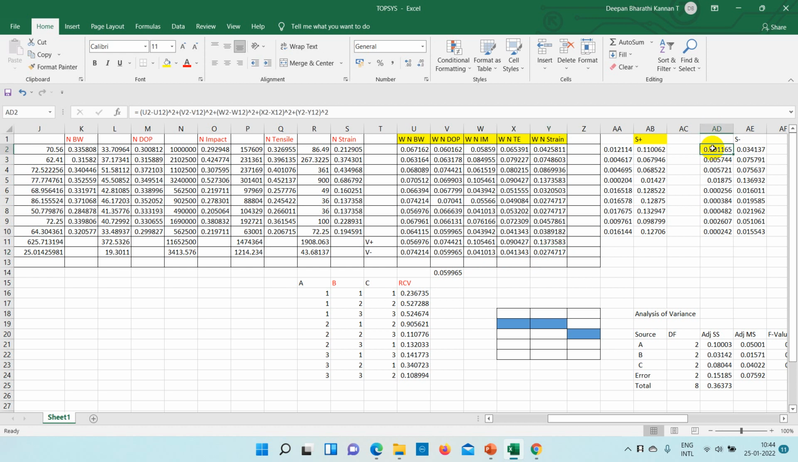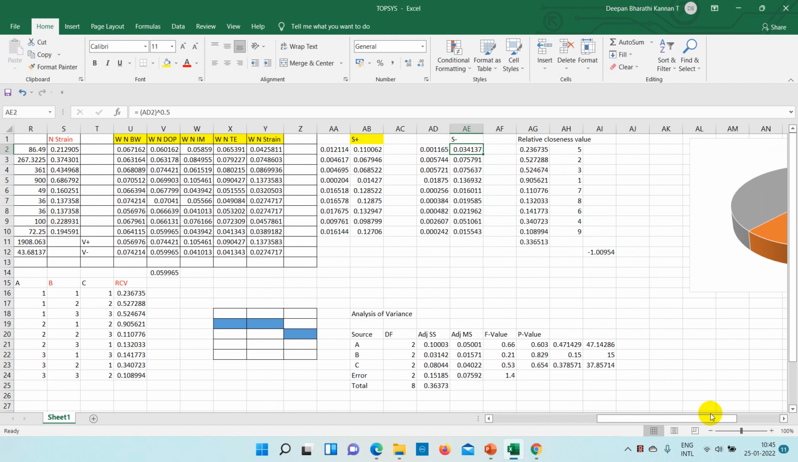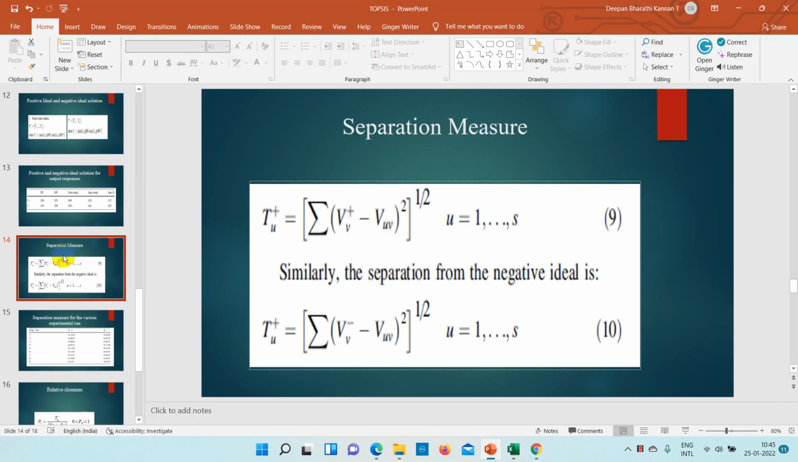That is what we find as S minus. Okay, that value will become 0.0016. Then take the square root, that will be 0.034. Likewise, we have to do it for all the 9 values. So if you find that, we'll get S plus and S minus. That is how we have to calculate the separation measure. Okay, once we calculate the separation measure, the next step you can see here,